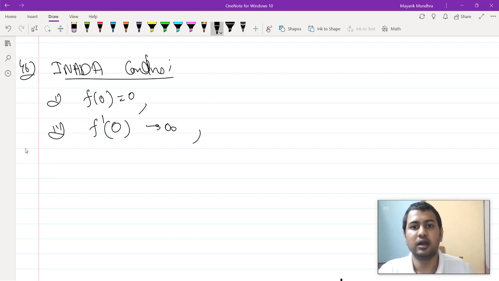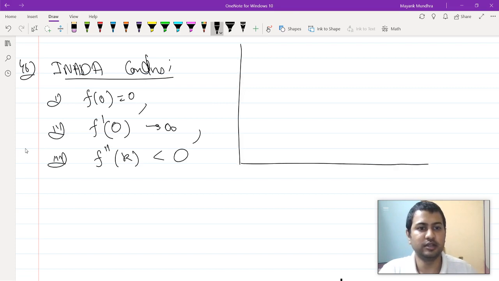And third condition is f double prime of k is less than 0. Okay, so what this basically implies, all these three conditions together, they imply is in per